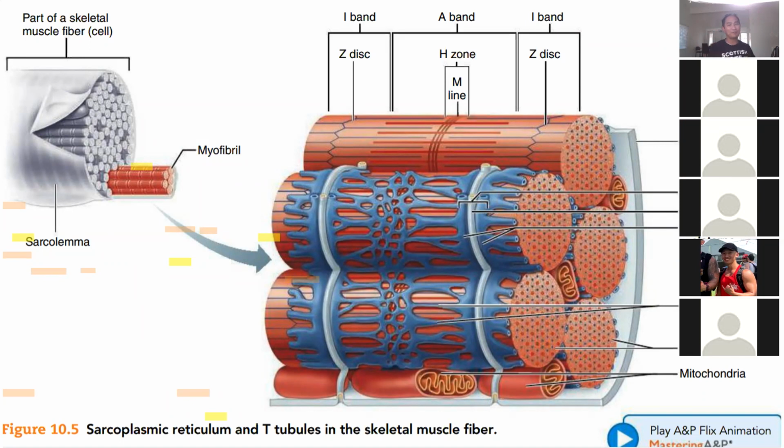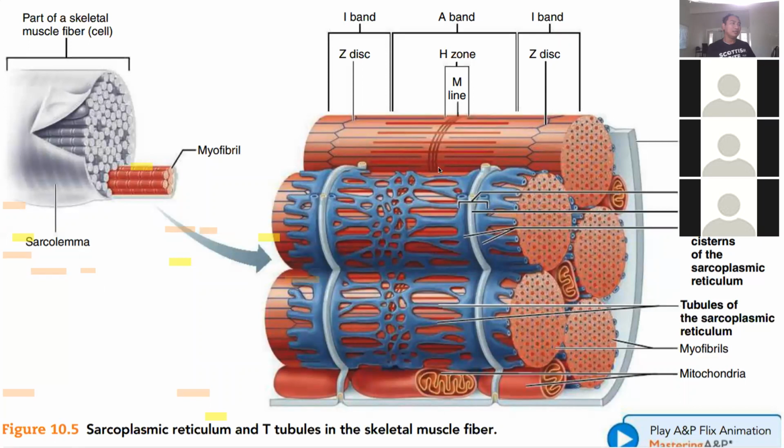And this is the, what do you call that? The terminal cisternae system, T-tubules, sarcoplasmic reticulum. These are the places where the calcium will come out. And look at the design it is made. It just goes all along the multiple sarcomeres. So when there is a stimulation, the calcium will be released from the sarcoplasmic reticulum and terminal cisternae system,